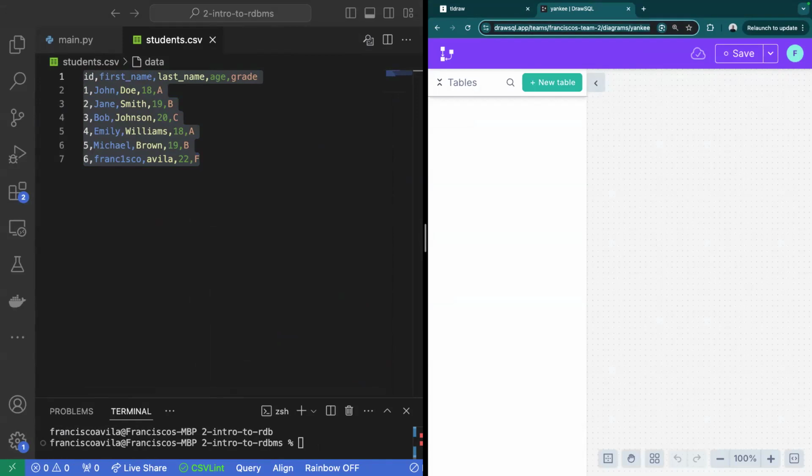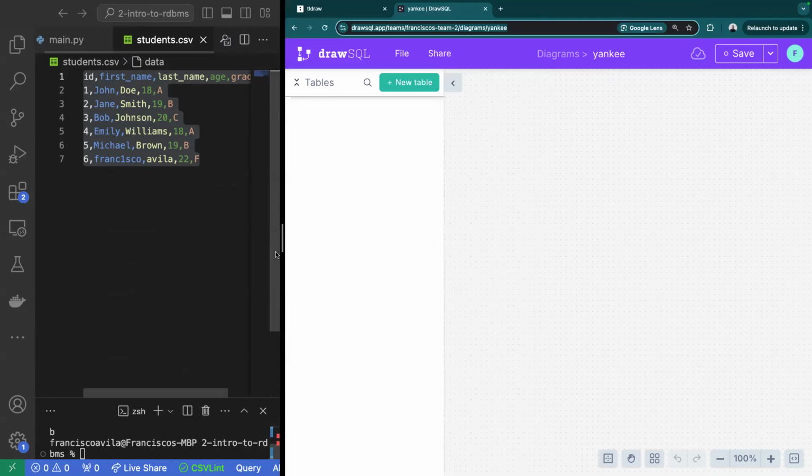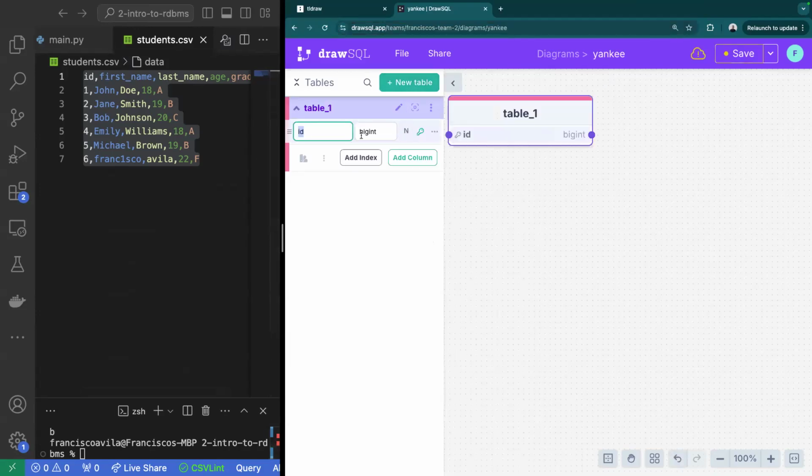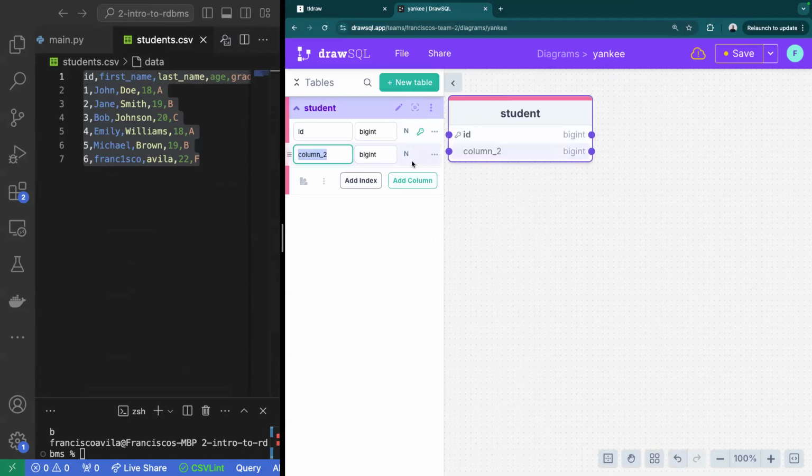This is a really useful tool when it comes to SQL. I really like drawing all of my relations here. And as your applications get more complicated, this is going to be a great way to map your entire database out. So let's go ahead and start talking about how we would create this table here. It kind of does a little bit of our layout for us. So here we can see that it names it table 1. In this case, I want it to be named student,